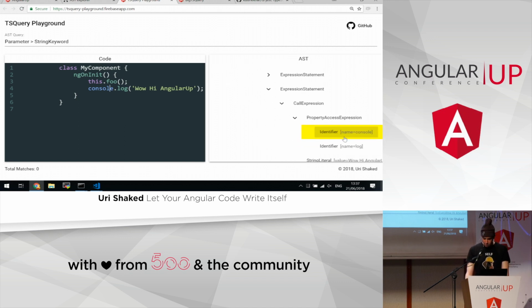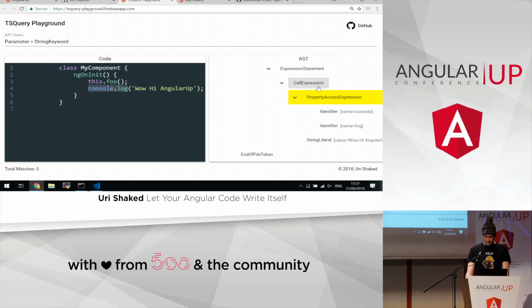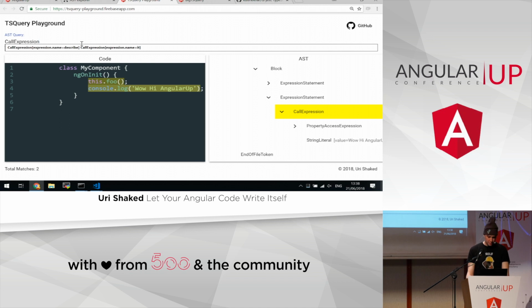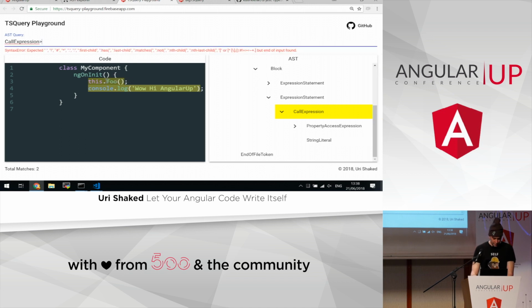So we want console log. Basically, this is a property access, this is a call expression, calling a function as we had it before, with a property access expression with the name of console and log. We are accessing console.log, then calling the result with some string. So what we want to find here is all the call expressions. And we can see this also matches this one, which we are not interested in. But we can ask that they have a property access expression